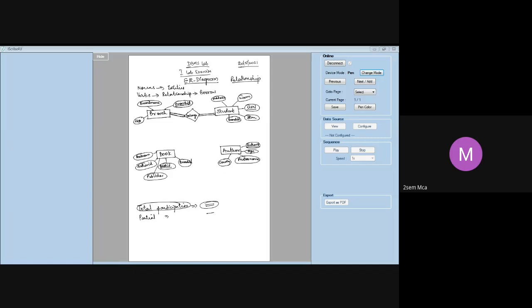That is what we mean by total participation and partial participation. Every time the participation need not be total. Every time it need not be partial. It depends. Since they have not given anything, it is left to our assumption. Let us assume that every student has to belong to a particular branch. So we make this total, and I draw a double line there. You need not have a double line everywhere. Somewhere we may have to have a single line also. Okay. Now that is the relationship between student and branch. Now, how can you relate student and book?